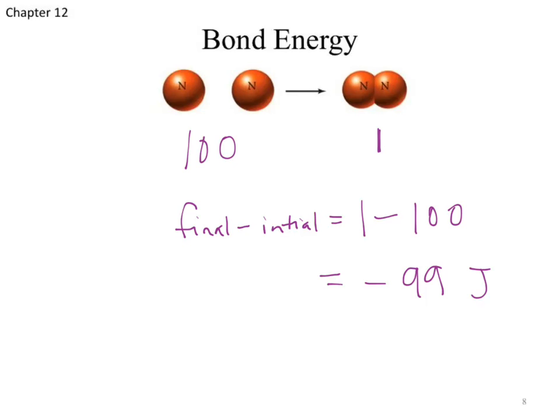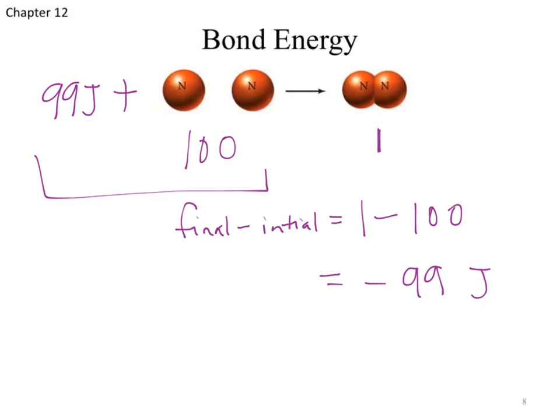That's trickier. A minus sign means a loss. So in the course of doing this reaction, we lost energy. That energy has to be accounted for somewhere. Remember, we can't create or destroy matter. Where do we put our 99 joules of energy? Should that be a reactant or a product? What happens if it's a reactant?